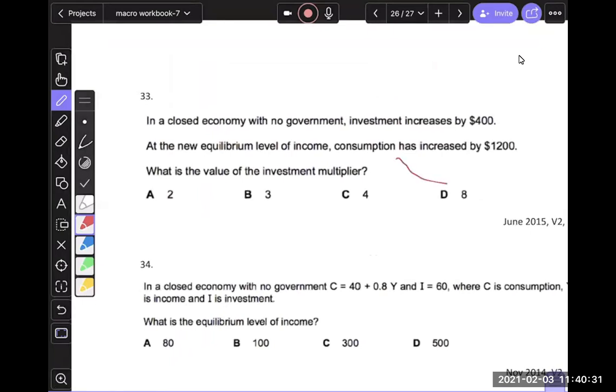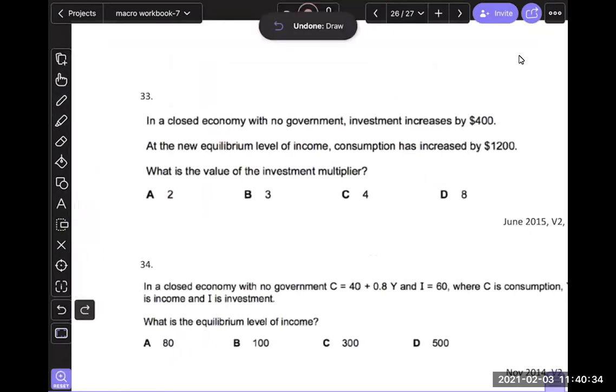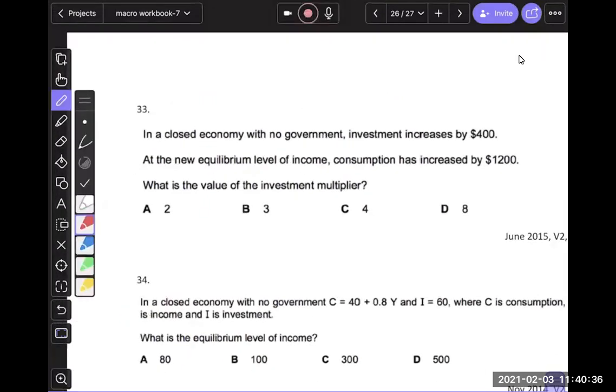Okay, this is a good one. In a closed economy, investment is increasing by 400. At a new equilibrium, consumption has increased by 1200. What is the value of the investment multiplier? So remember, the change in I, guys, is 400. And that leads to a change in Y of